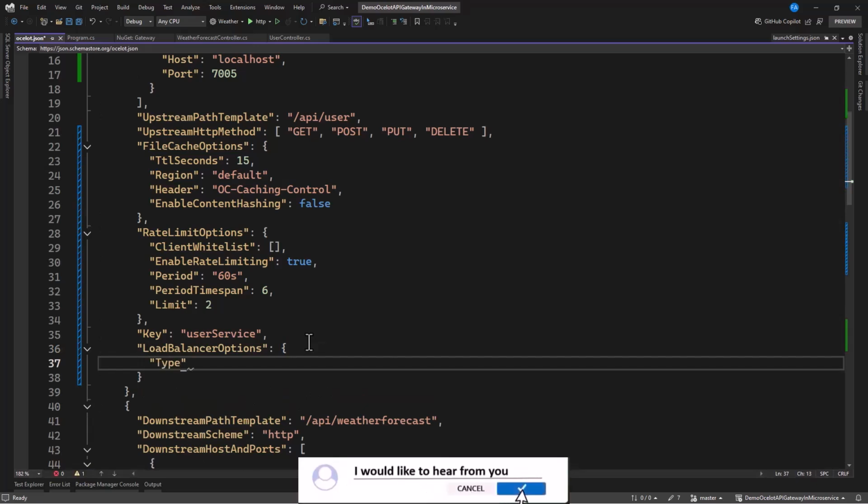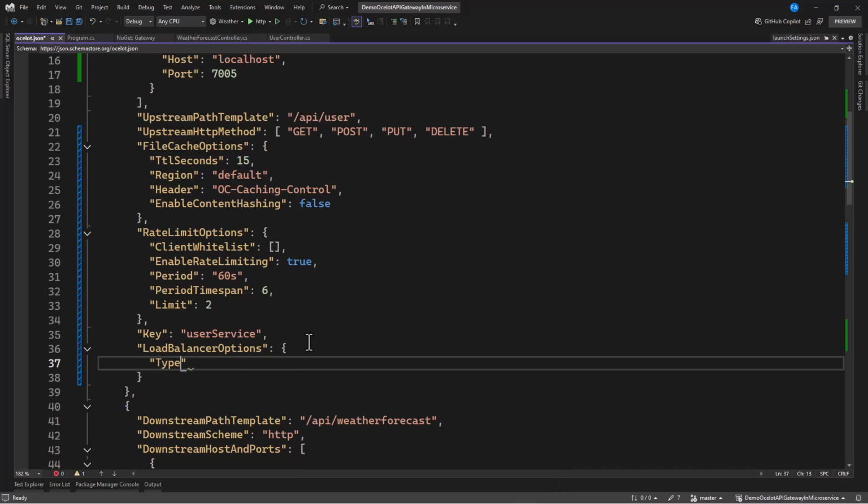I think there are 3 types: round robin, least connection. So let's use the least connection. As I said earlier, it's going to start from the first one, assign the next request to the next one, until all the instances have had requests each. Then it will start again. So that is what this least connection is going to do as a type.